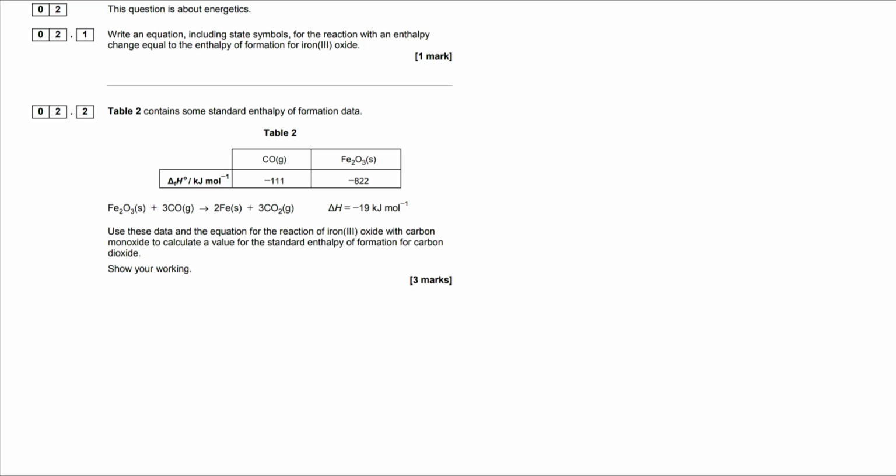Starting off here with a question about enthalpy of formation and writing out the equation for it. Now, quite a number of things that you need to slot into place to get this mark. You have to know that iron 3 oxide is Fe2O3, and you also need to know that it's formed in its standard state at standard temperature and pressure, so